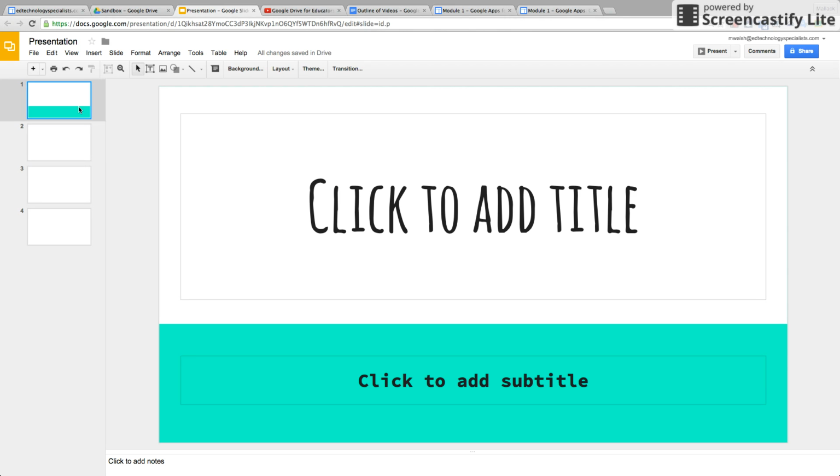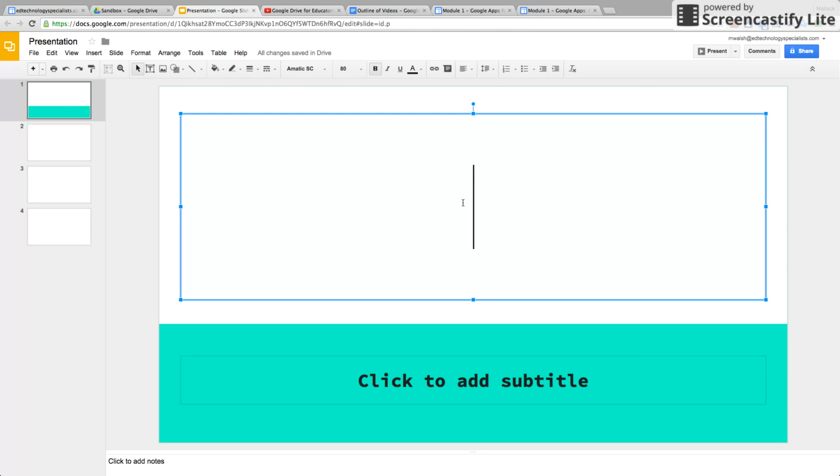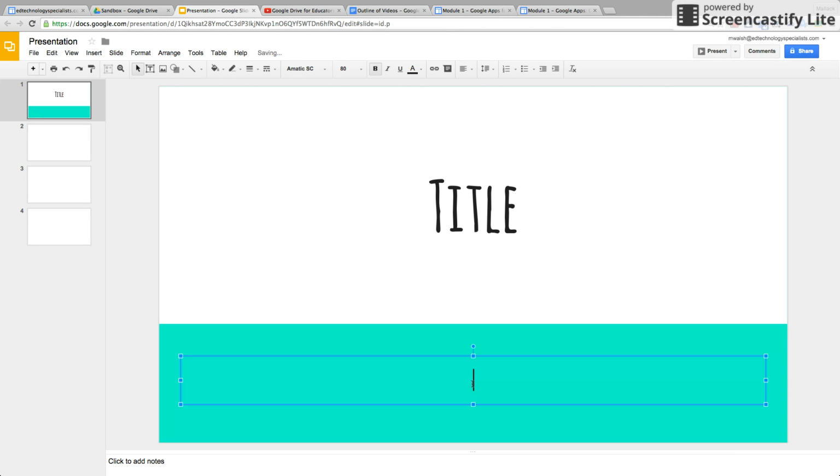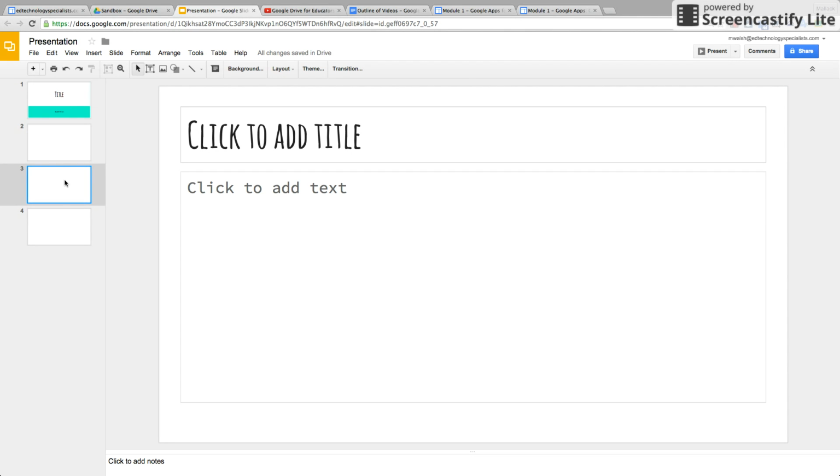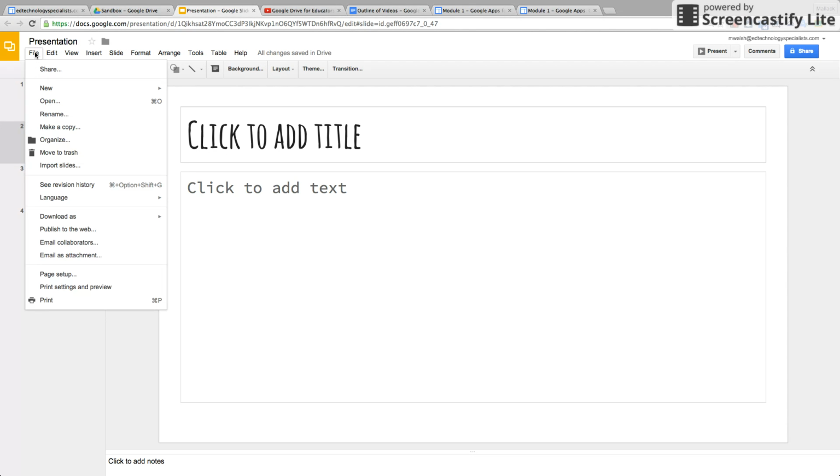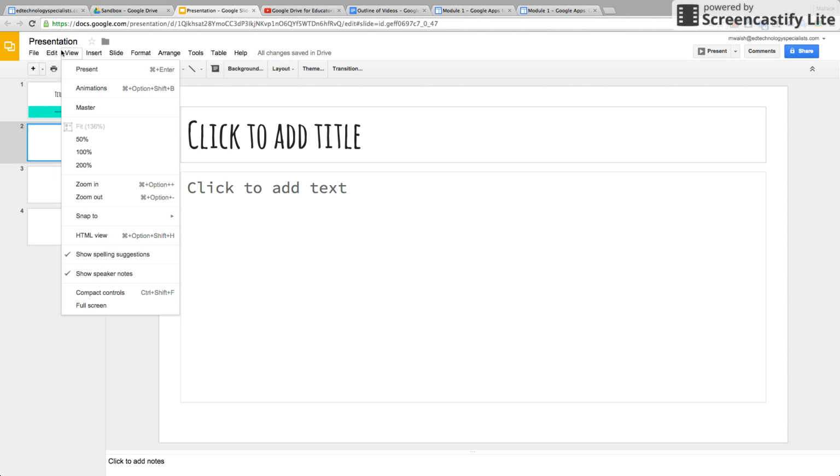Now the first slide in any theme is going to be the title slide. You can do a title and a subtitle. Every other slide, however, is going to have the same exact layout. So let's just go right through everything on the menu bar, starting with